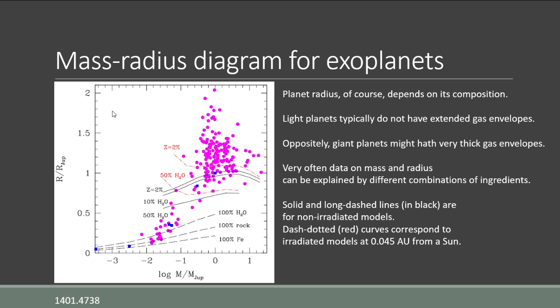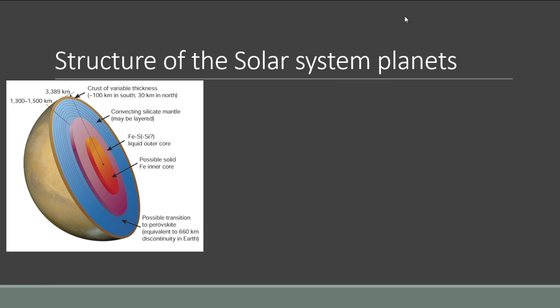So a factor of 2, it's not something incredible. The volume is increased by a factor of 8, maybe up to 10. It's not that much. But still, it's interesting, and what's more important, it's observed. But before we come to exoplanets, let me briefly and rapidly remind you of the structure and composition of the solar system